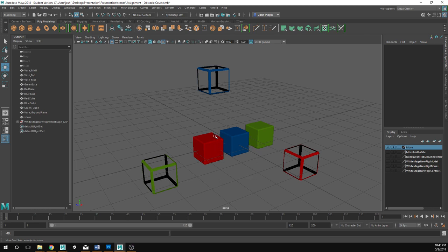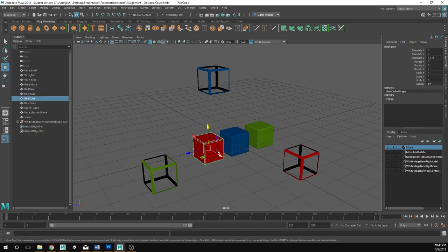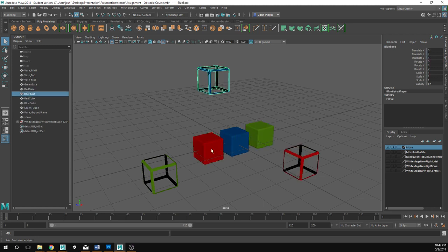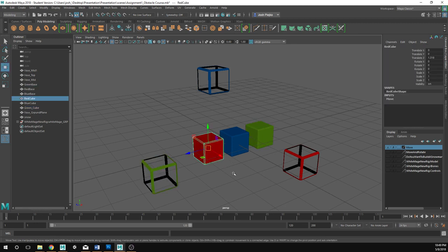Well, if I click using my left mouse button on an object, I have my Move tool selected. That is the W key if it is not currently enabled. You might have just Select, which is the Q key, and you can just select objects. That'll prevent you from actually moving them, because if you watch this,